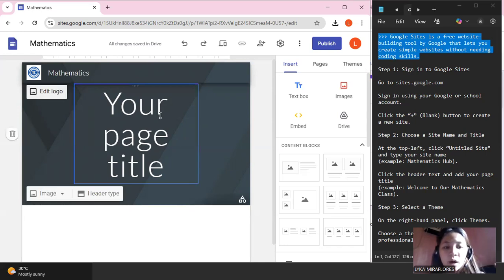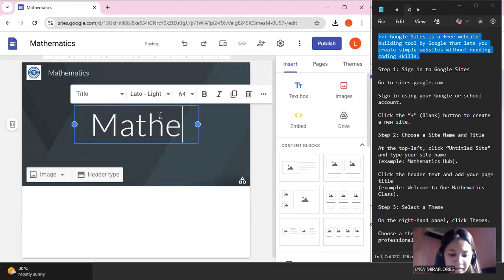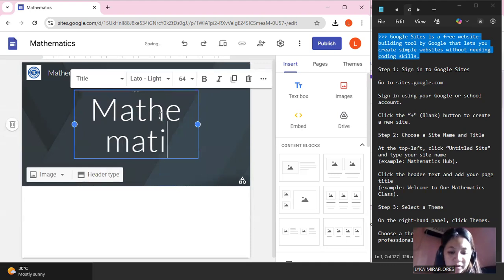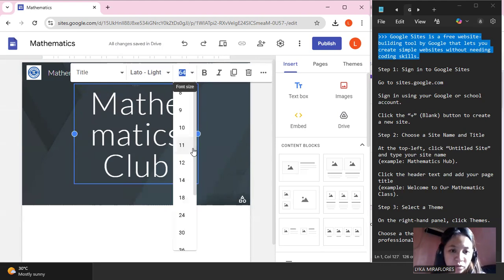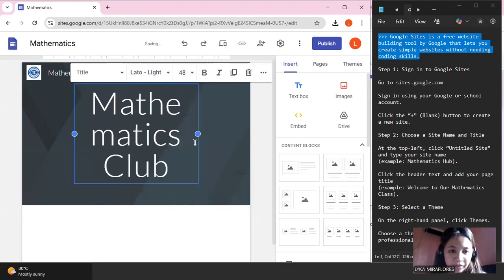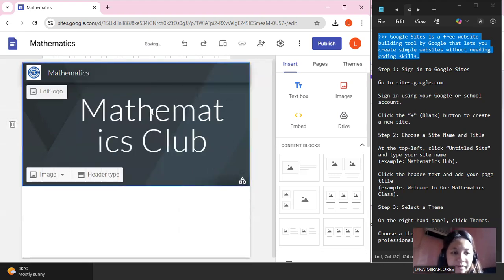Now you will have an option to provide your page title, which I'm going to put Mathematics Club. You have the option as well to make the text small to make sure that it will be pleasant to see, or you can resize it as well, like that.